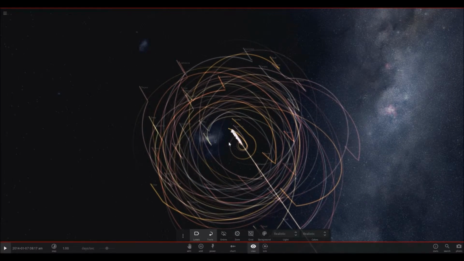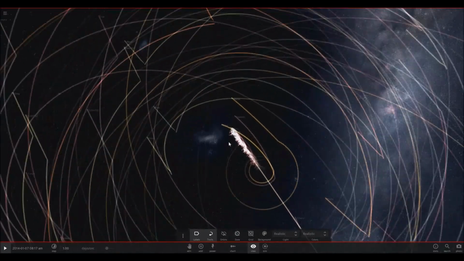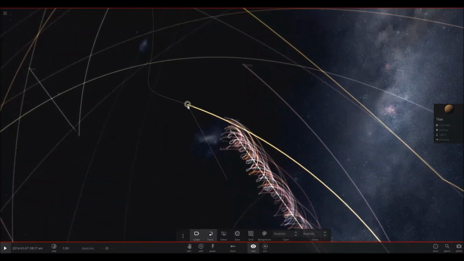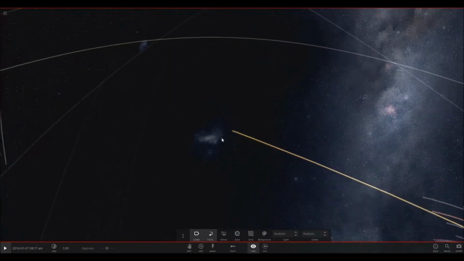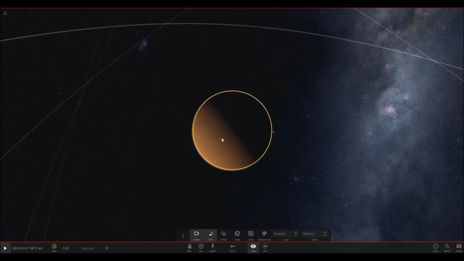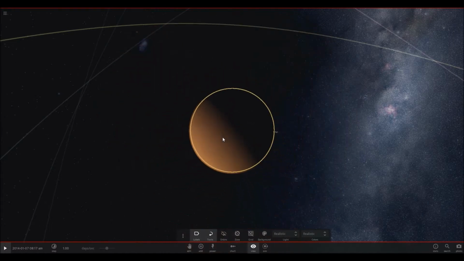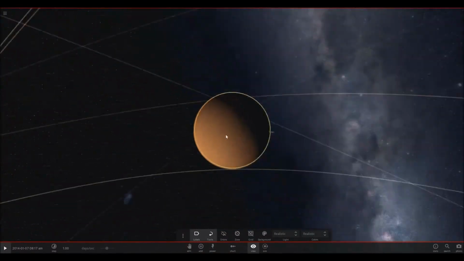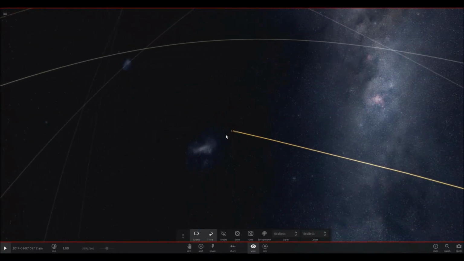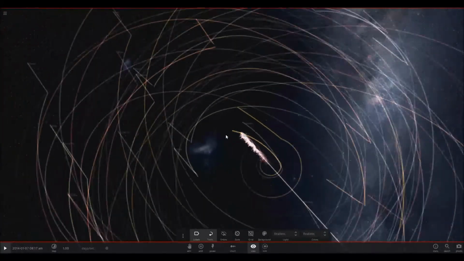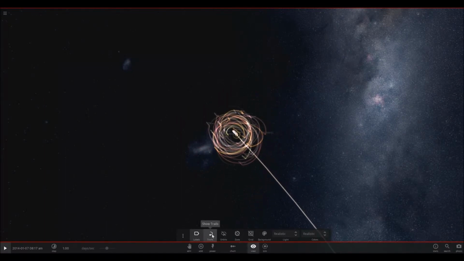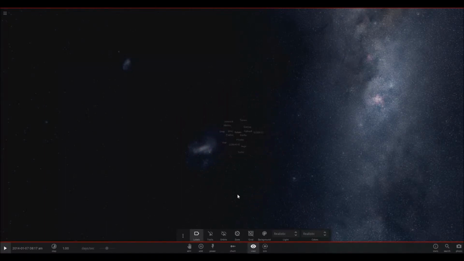The most famous is Titan, which is this one just here, and we can zoom in and have a little look at Titan. It's a bit of a boring image really, to be honest, but I'm not sure what anybody should expect because it's a moon and it's a long way. You can see by the trails just how much is going on. So that's Saturn. And then if we zoom back out,